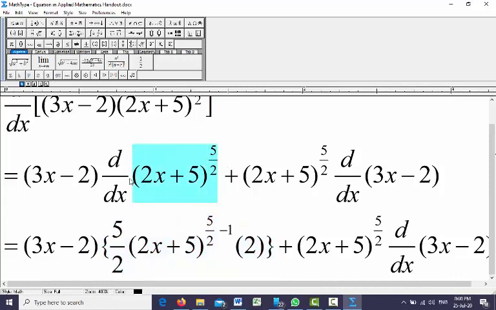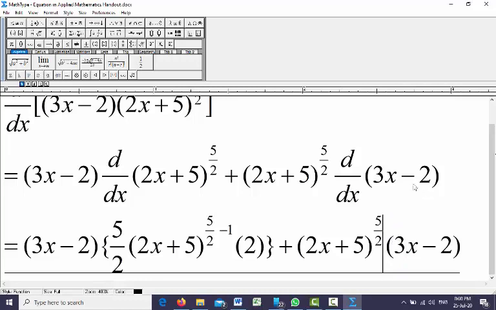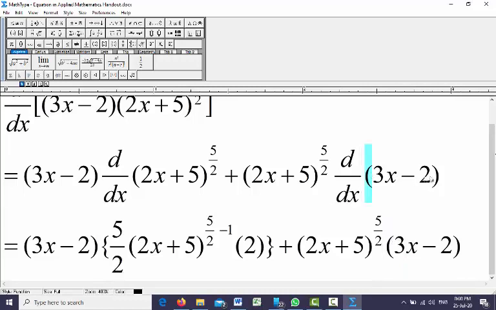This is the differentiation for this one. Now again here, this one after the plus is d by dx, so for this one we don't have to do differentiation. Now we need to do differentiation for this one. So d by dx will no longer be there, because we are doing differentiation of this one.